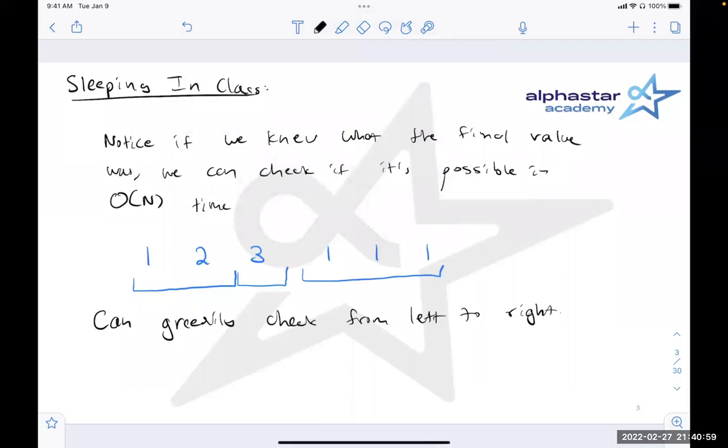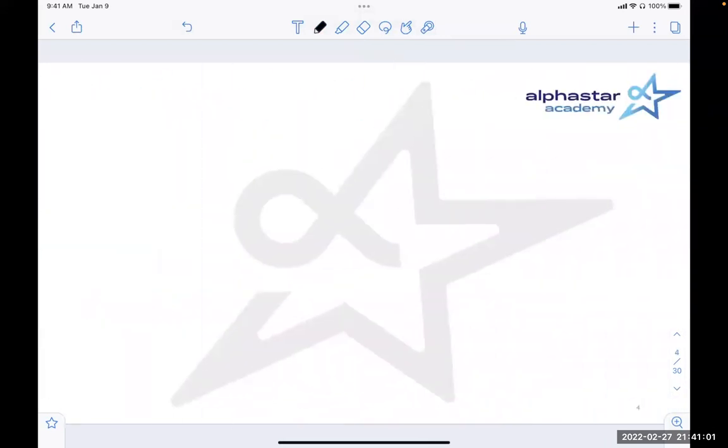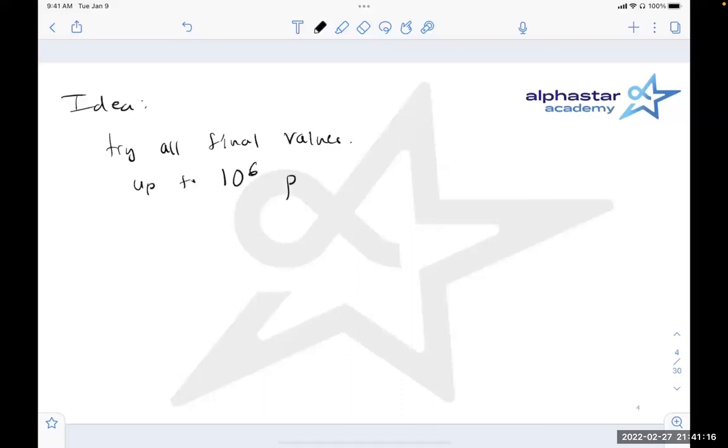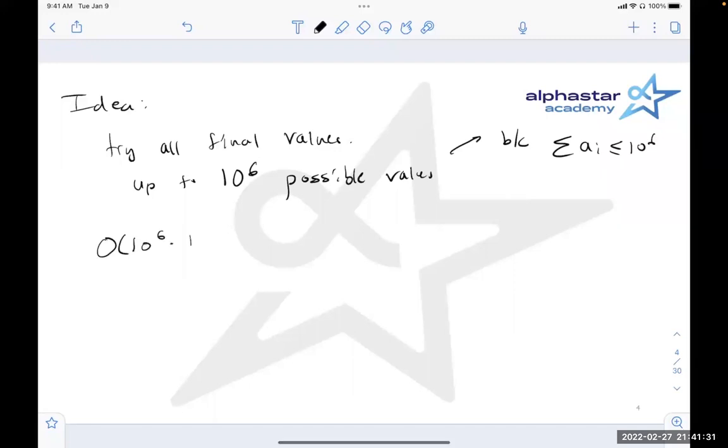And so this operation makes it easy, and you could consider one potential idea: try all final values. Well, the thing is, there are up to 10 to the 6 possible values because the sum of a_i is less than or equal to 10 to the 6. So we could do something that's O of 10 to the 6 times n, but this would be too